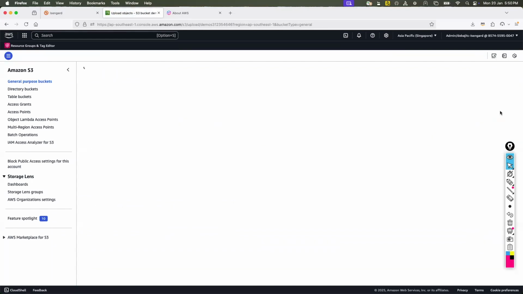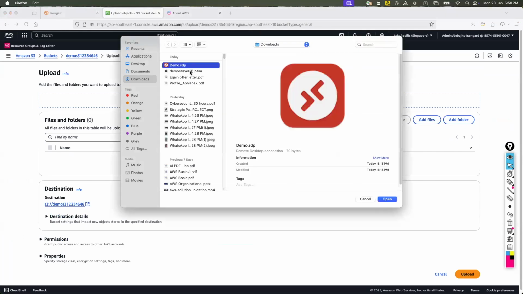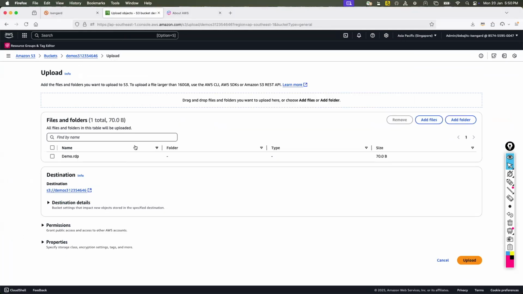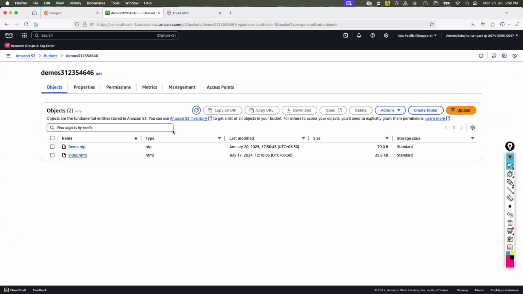So go to the upload option and simply upload. Click on add files or folder, and let's say I'm going to upload this RDP tool exe, and upload, and you see the upload has been completed. So that is the easiest way you can do that, or you can also use some third-party tools. Many developers ask, Debajit, from a development perspective, uploading manually is not a smart way, right? How do we do this so that from my application it will call and upload?